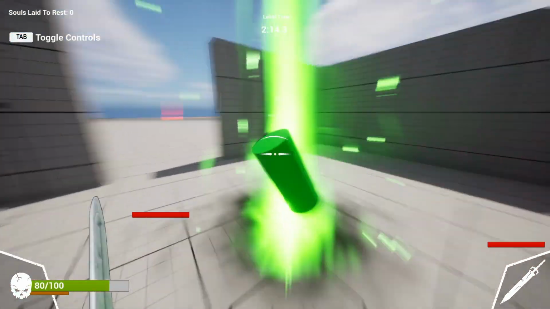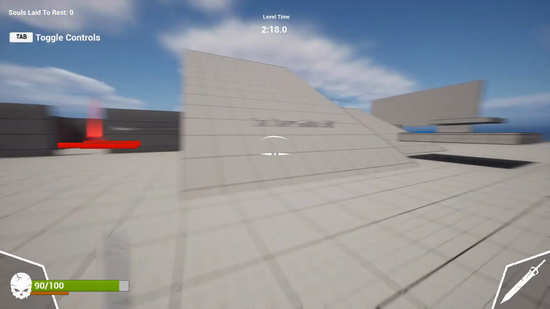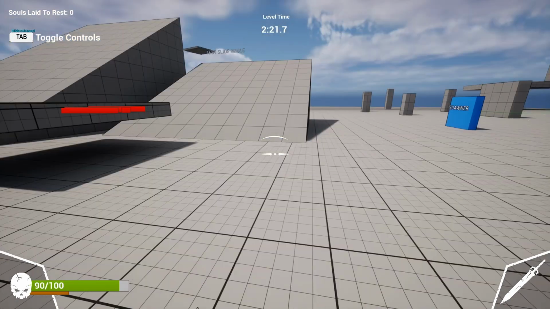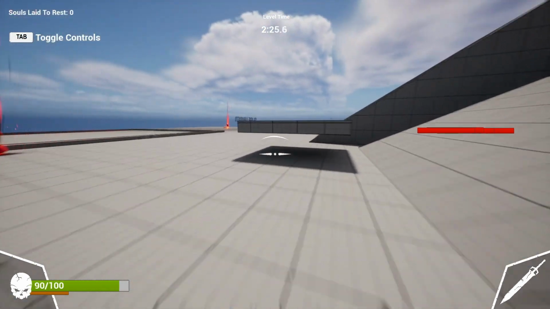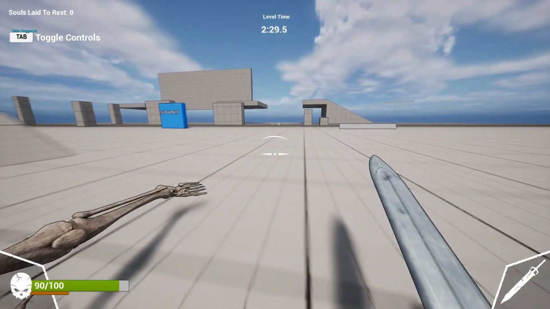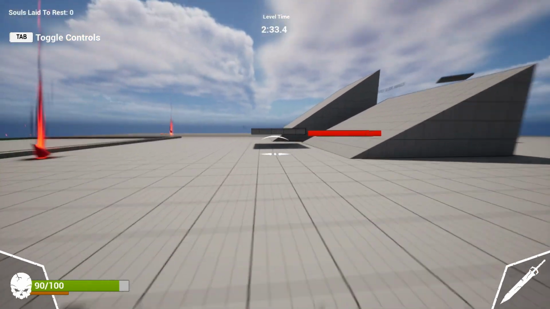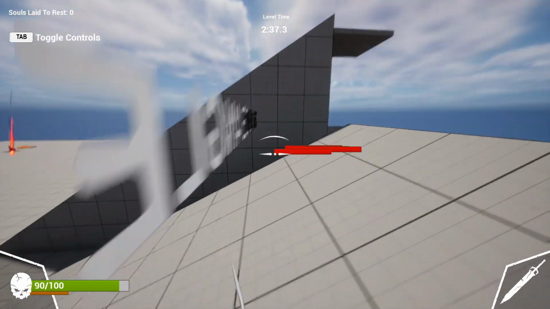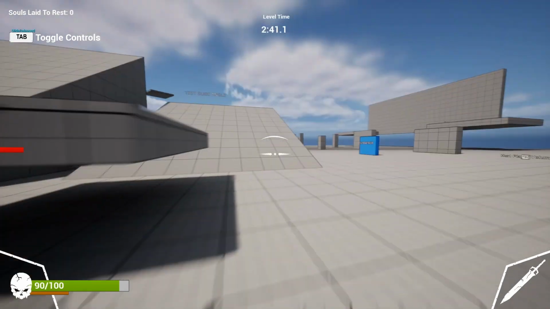That brings me to one of my more complex functions that I had to add in here. It is the slide. So for the slide, I shrunk the capsule here. Once they start sliding, it does a timeline to shrink the capsule, and I think it's about 0.2 seconds. And then I eventually got to a point where I was able to slide up this hill, up this little